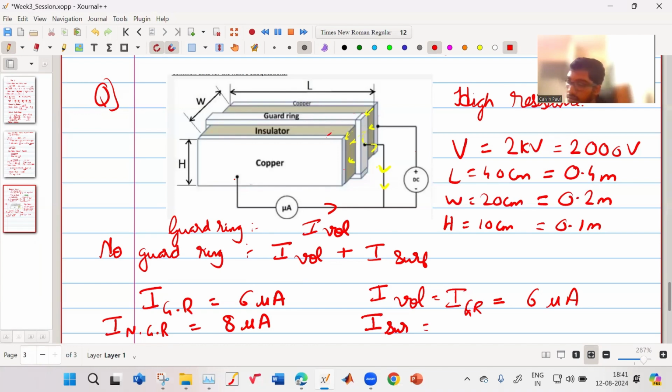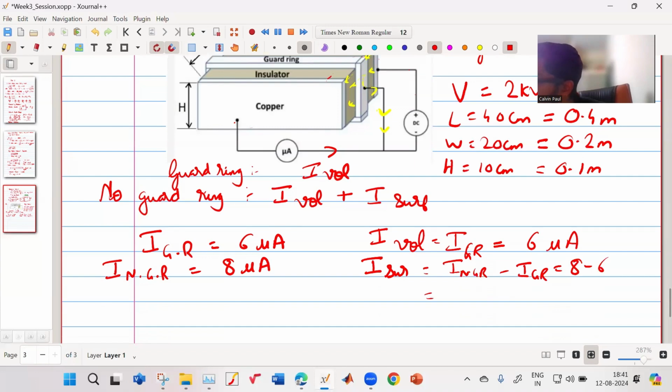2. So my surface current will be the current when there's no guard ring minus the current when there's guard ring. That is 8 minus 6. That is equal to 2 microampere. Okay, so till now it was easy, simple. We have found that out. Next,